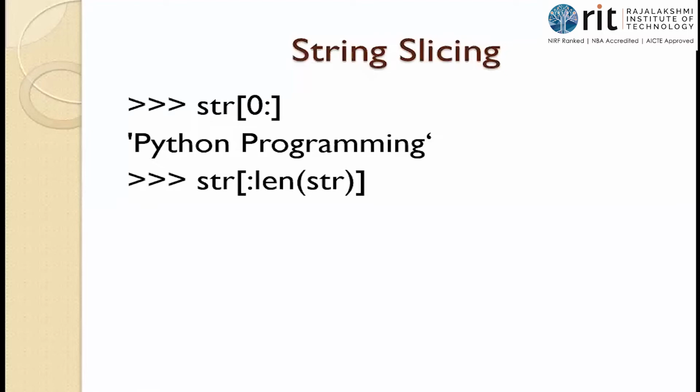So I am going to start from "Python". Where should I stop? What is the stopping criterion here? len of str. What do you know about len? It is to find the number of characters. What is the len of str value? Count all the characters. I've already found 18, right? So str from the beginning, colon 18. If it says 18, you should not stop at 18. You must stop at index location 17. Yes or no? Exclude the stopping position, stop at the previous position of the stopping criterion.